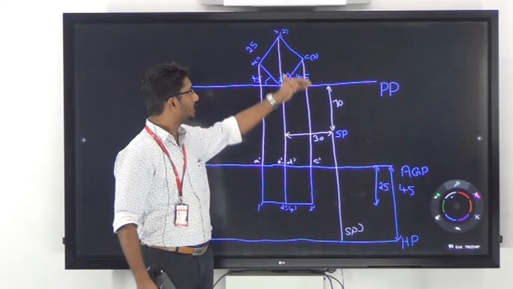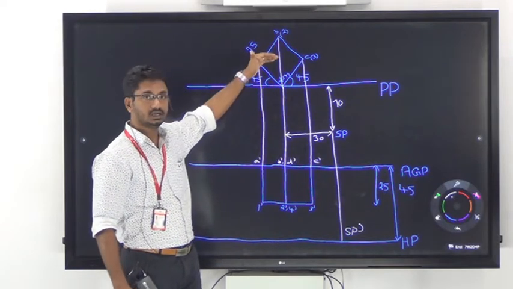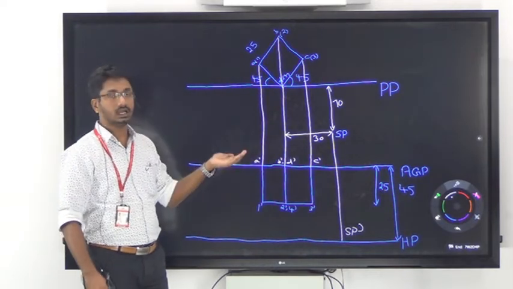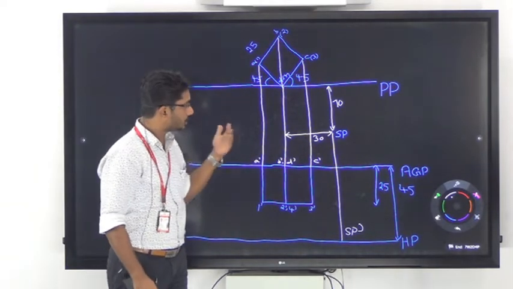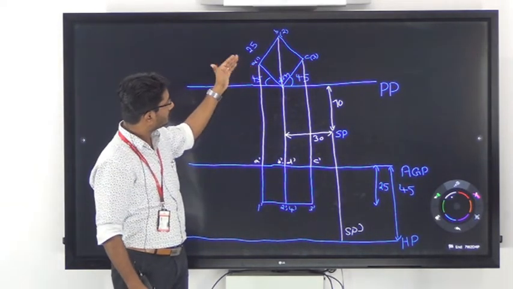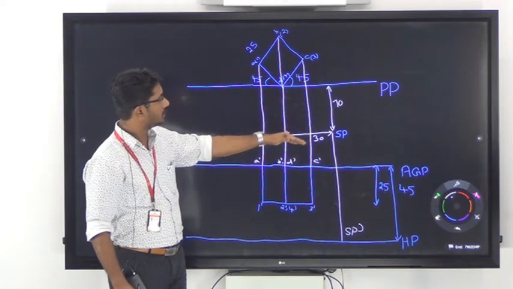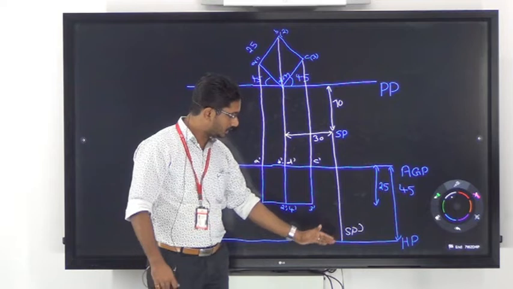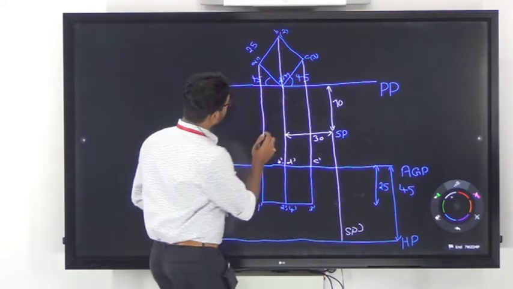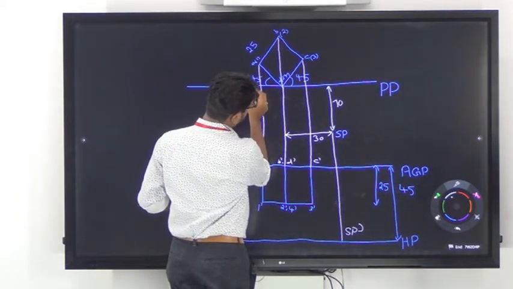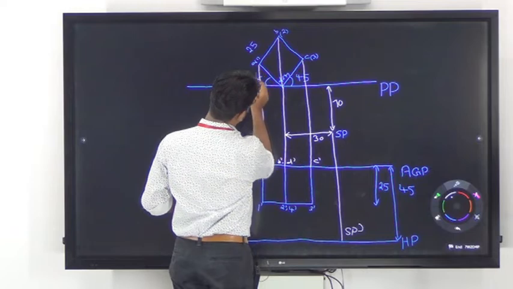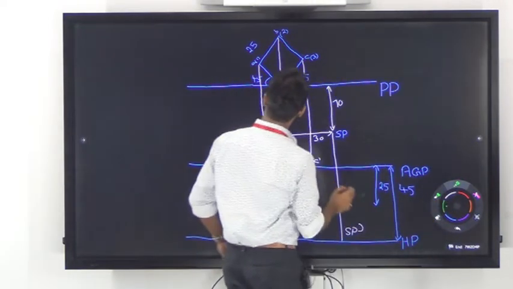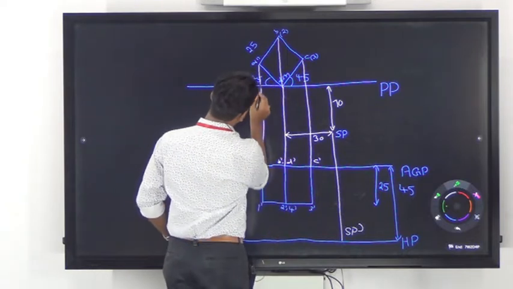So we have completed the top view and front view of the object and the station point. Now the remaining procedure is same as that of the last problem. So first you have to join all the points in top view with the station point. Then you have to join all the points in front view with the point SP dash. So we are joining point A with the station point.